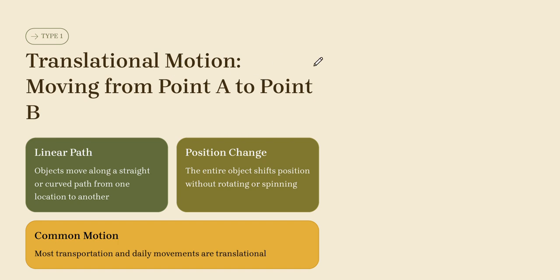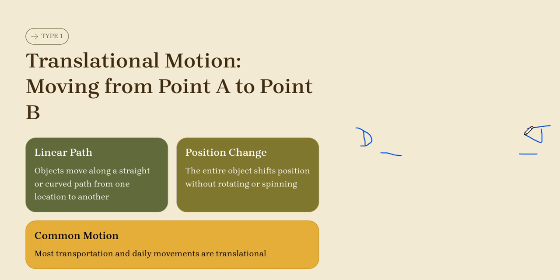First type is translation motion. Now, what is translation? Means moving from one point to another, translating from one place to another. Suppose I am going from Delhi to Jaipur. Translation motion. When the whole object is going from one place to another place without rotating or spinning,